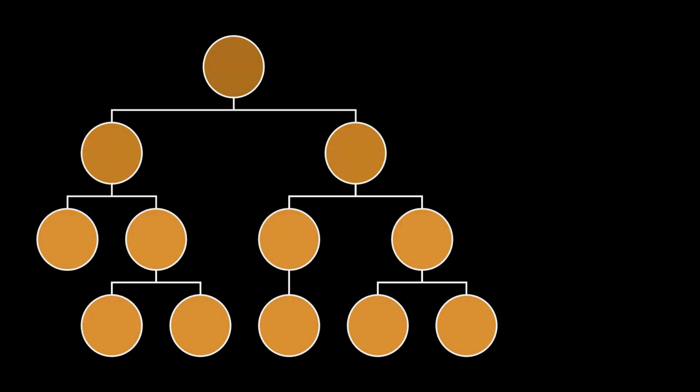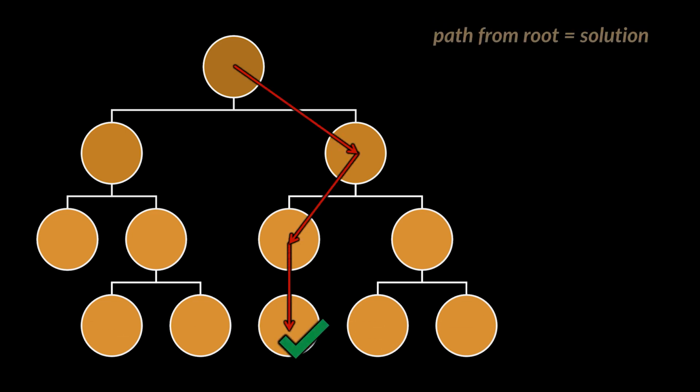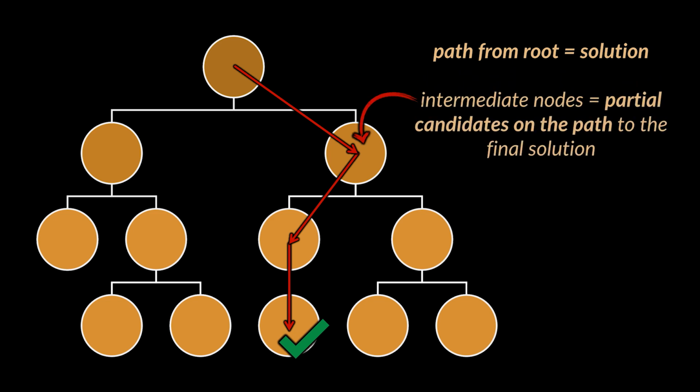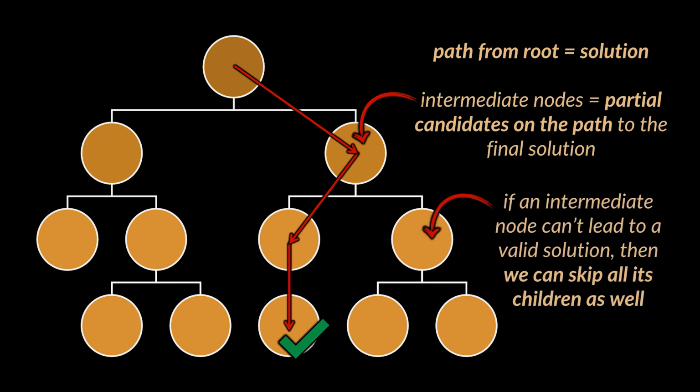To make things easier, you can imagine the procedure of backtracking as a tree traversal. We start from the root node and set out to search for solutions located at the leaf nodes. Each intermediate node represents a partial candidate solution that could potentially lead us to a final valid solution. Once we determine that a certain node cannot possibly lead to a valid solution, we abandon that node and backtrack to its parent to explore other paths.